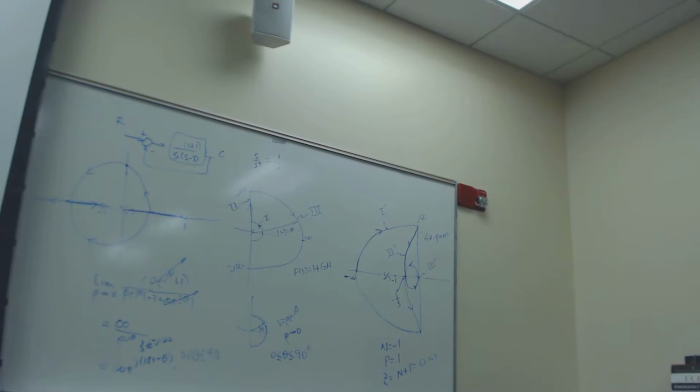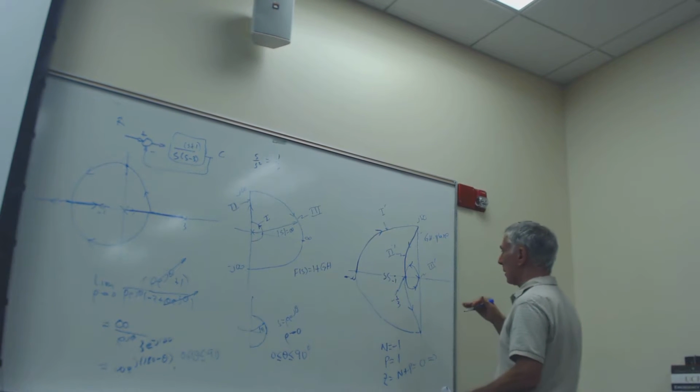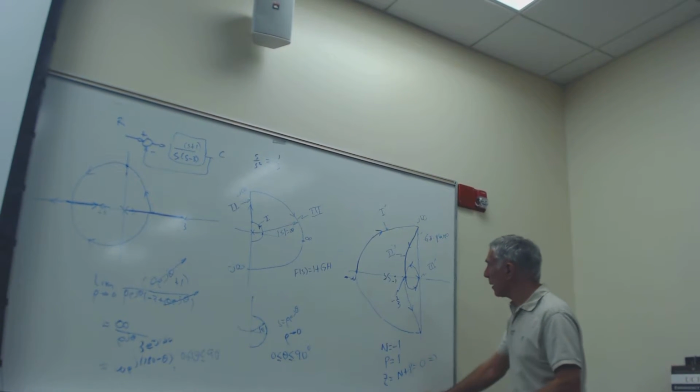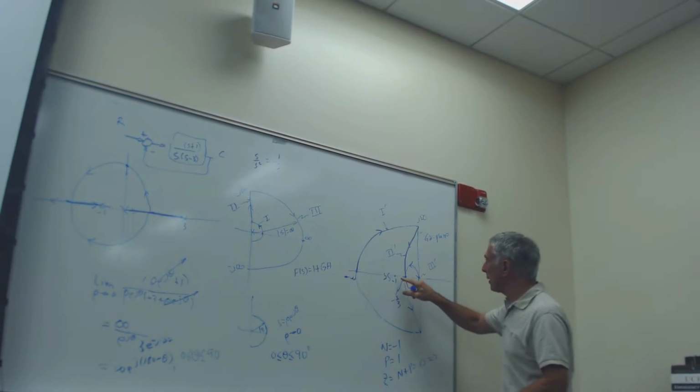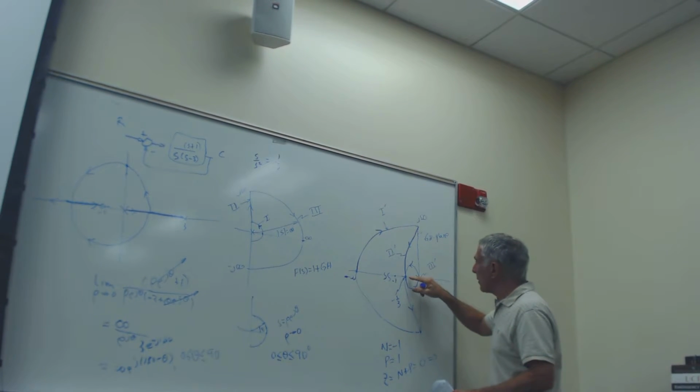So you're counting the counterclockwise portion of the rotation, and then when you continue, isn't that considered one clockwise also? But it's not enclosing the point minus 1. Why is it not enclosing? Oh, I'm sorry, I was wrong, right? I was thinking minus 1 was in here. Minus 1 is actually here, right? Yes. So would that mean that N equals 0? So